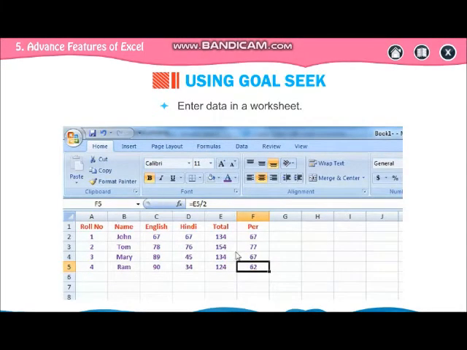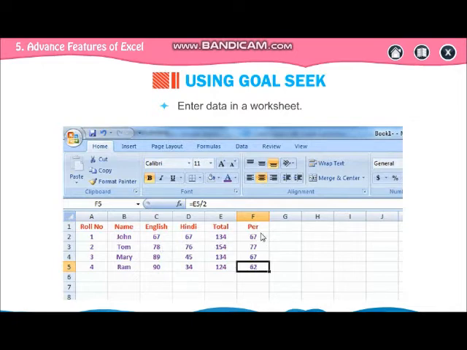Enter data in a worksheet. So they have entered data: roll number, name, English, Hindi and the total. Roll number 1, then names, English marks, Hindi marks, and total is your sum function. And percentage is your total divided by 2, because two subjects' marks are there.